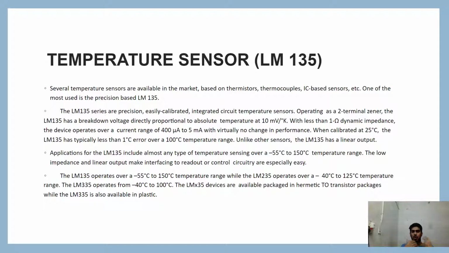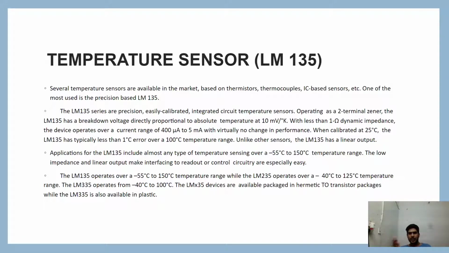Both of these things are huge benefits when we're talking about a temperature sensor: linearity as well as direct linkage to a Kelvin scale. So few changes are required after the sensor, and the electrical signal can then be directly sent to the amplifier and the ADC. The range for the LM135 is around minus 55 degrees Celsius to 150 degrees Celsius. This can change for different LMs, such as the LM235, which operates from minus 40 degrees to 125 degrees, and so on.